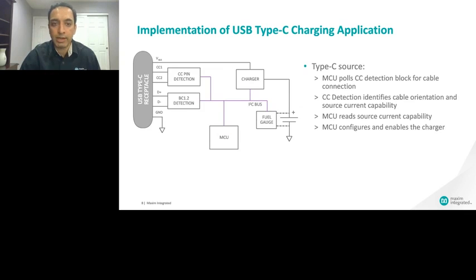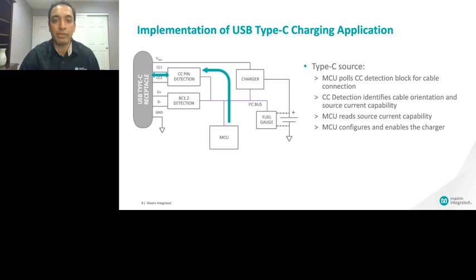So let's take a look at how the actual operation works. So consider first a USB Type-C source. In this case, you have a Type-C source connected to the other end of the cable, and the device needs to start negotiating or identifying what the power capability is. So this is where the MCU polls the CC detection block for the presence of a cable. Once that cable is plugged in,